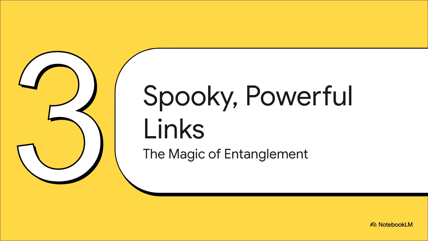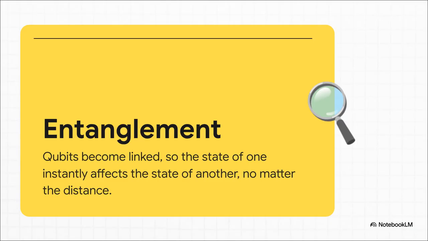Okay, so superposition gives us this ridiculously huge space of possibilities. Our next principle, entanglement, is what connects them all together in a really strange and incredibly powerful way. Entanglement is what happens when 2 or more qubits become, well, linked. They're inseparably tied together. Their fates are intertwined and they behave like a single entity, even if you put them on opposite sides of the galaxy. You measure one and you instantly know the state of the other.